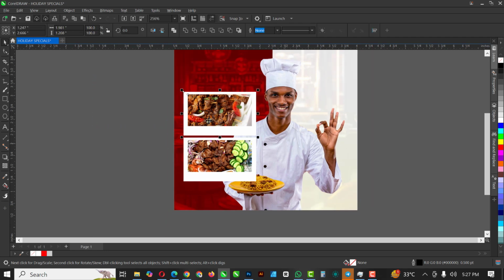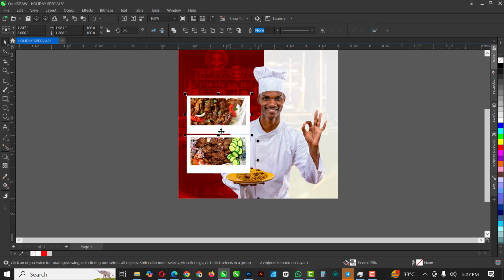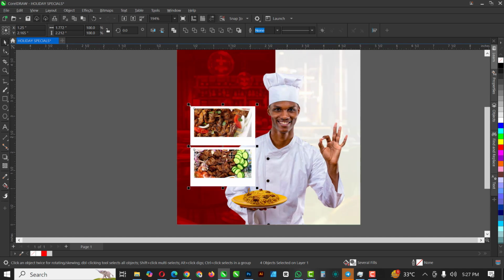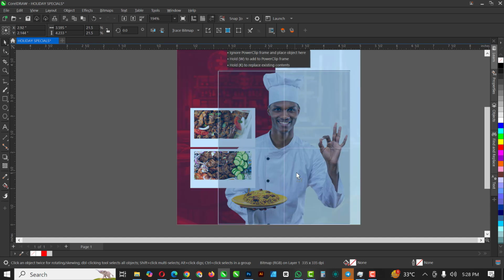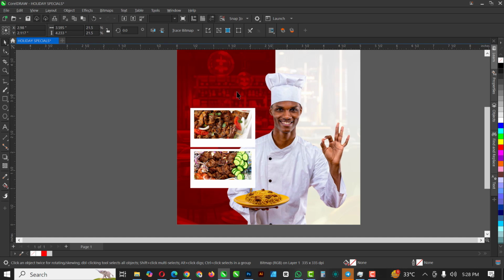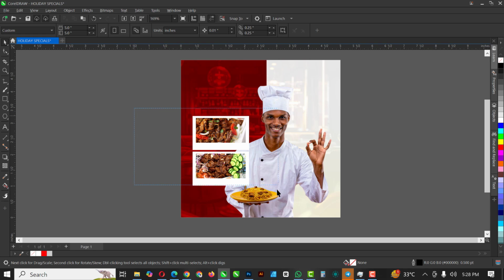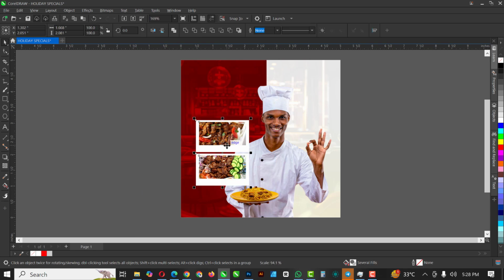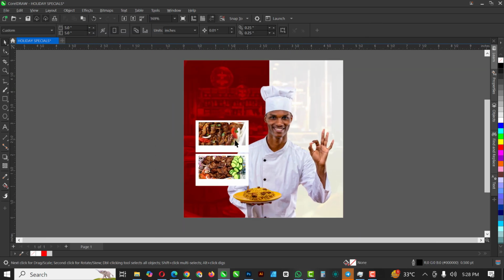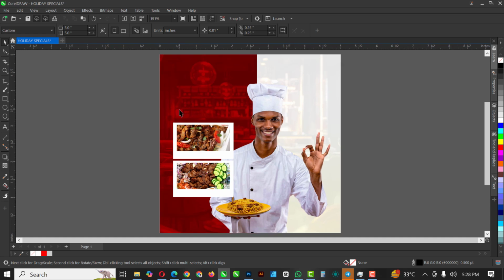Okay, select this and select both of them, make it slightly smaller, and we want to have it behind the chef, right? So what you want to do is select the chef and click Shift Page Up. Shift Page Up brings this up, and let me reduce this one. I'll reduce the size just a bit, and move it to the left just a bit. When you are at your desired location,